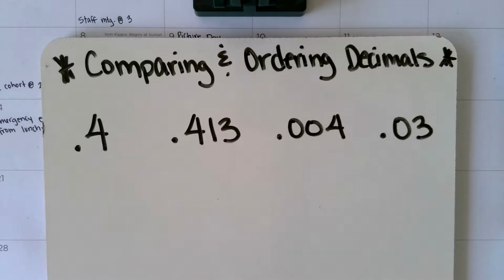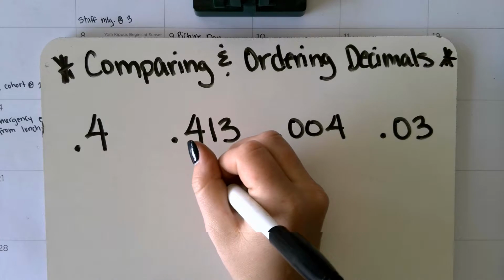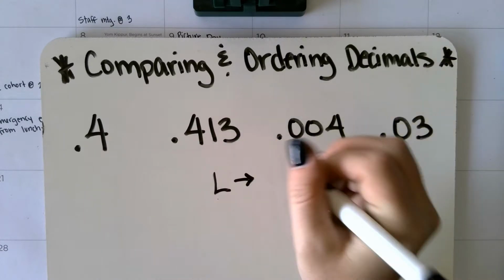Okay, so this video is about comparing and ordering decimals. This is what we're going to be getting into the next couple weeks. It's a lot of work with decimals. So if we're ordering them from least to greatest, the first kind of trick I guess I've taught the kids